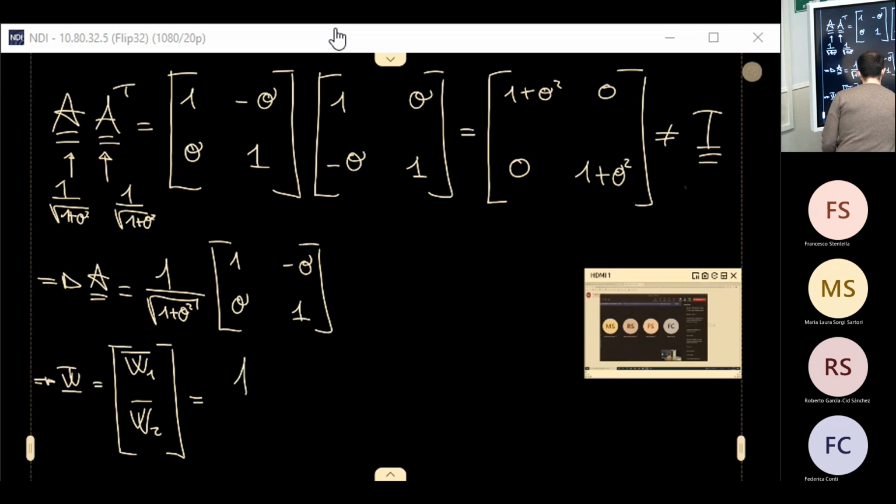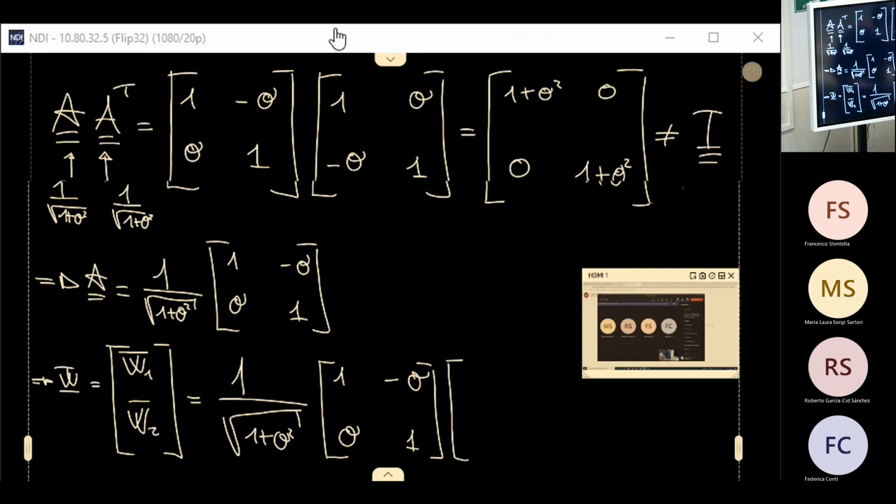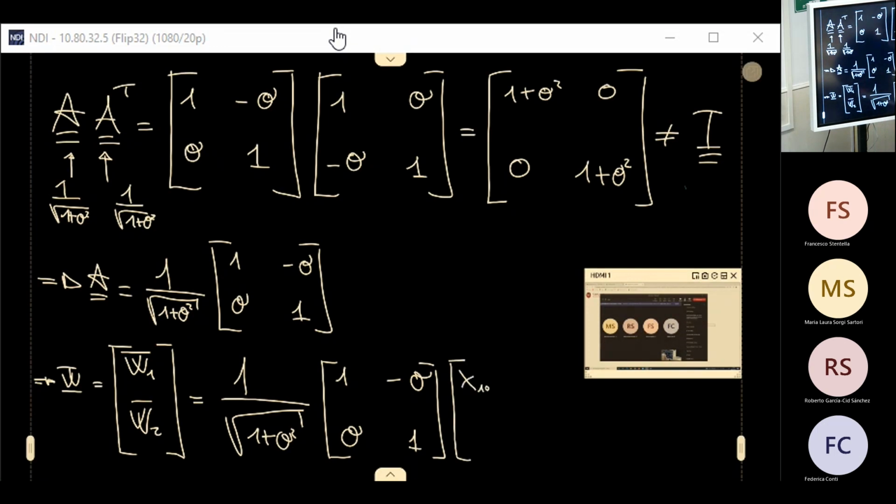It's 1 over 1 plus theta squared multiplying 1 minus theta, theta, and 1, applied over x10,